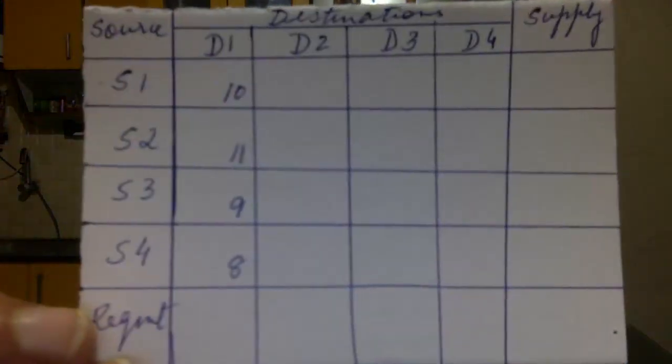Now, I'm going to give cost in the columns. In the D1 column, I'm giving 10, 11, 9 and 8. These are my costs. You may ask me, why ma'am you're not giving 20, 30 and all. See, the arithmetic is not a problem. We have to learn how to do the problem. So easy numbers means we can do it quickly. We will not get confused with or make mistakes with arithmetic and get confused with the problem. So simple numbers we will do.